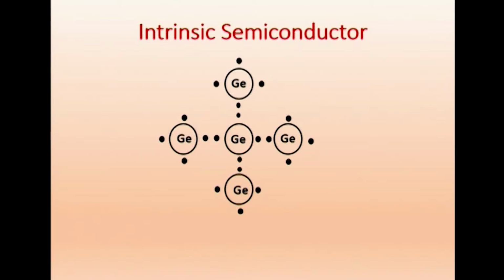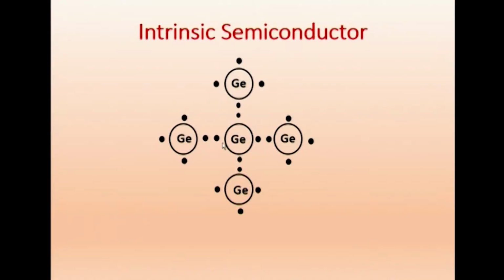So here we have germanium, which is an example of a semiconductor. Germanium is a crystal. So you have germanium here, and here germanium. We have germanium everywhere, and we are just showing one of them surrounded by 4. Why is it surrounded by 4? Germanium has valency 4, so the last valence shell has 4 electrons. Therefore, that can accommodate 4 more electrons.